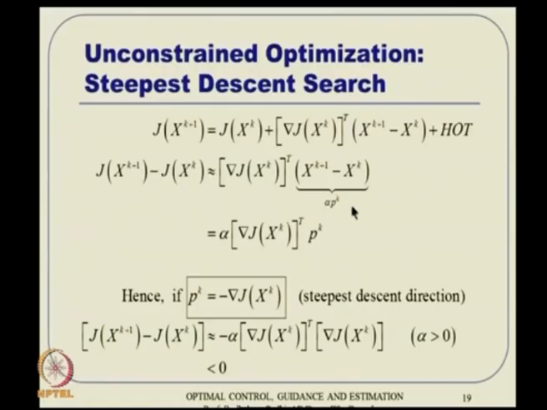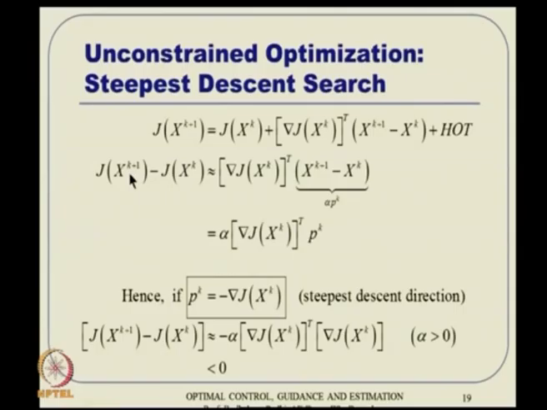And then we saw that the very first thing that comes to mind is steepest descent search, and this is very intuitive as well. All that you do is expand J of x k plus 1 about J of x k in Taylor series. Then neglect the higher order terms, keep only the first order expansion up to the gradient term, and it turns out that J of x k plus 1 minus J of x k is approximately equal to that. So if you consider that as alpha times p k,